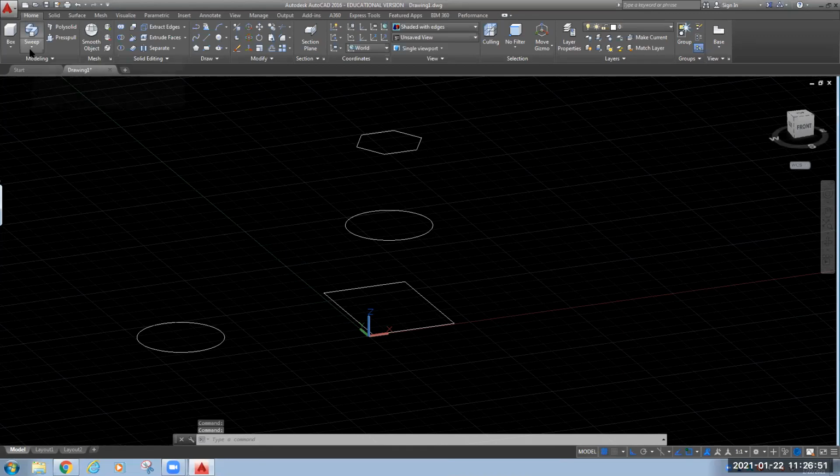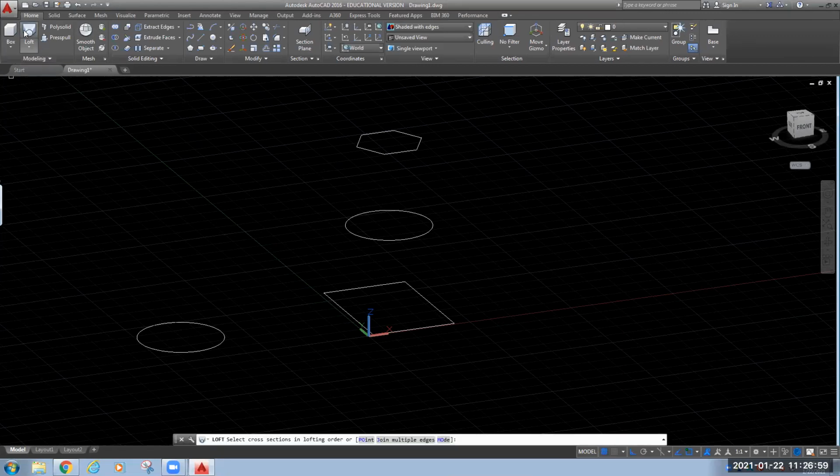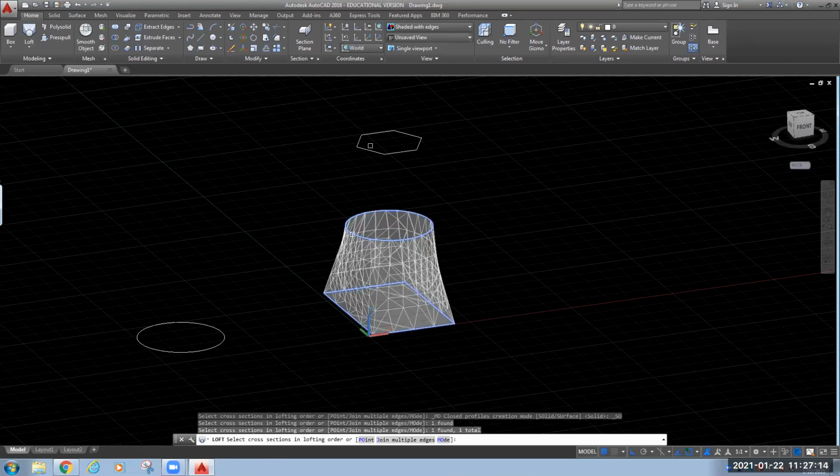So let's again go to this loft command. I have selected the loft command from here. Now see what it is asking. It is asking to select the different cross sections in lofting order. So select first object, second object, third object.